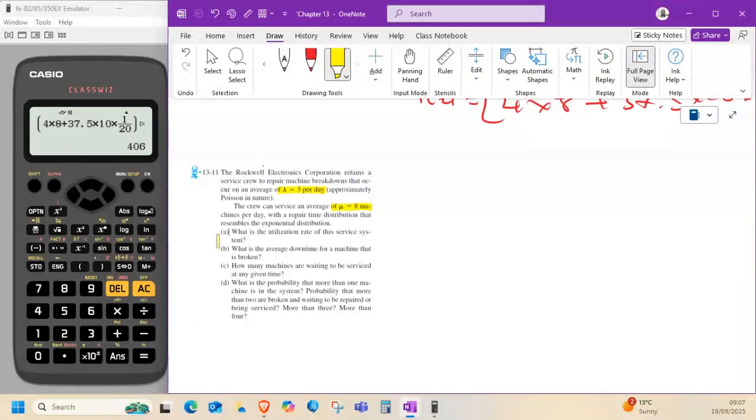So you don't need that. Another thing that is very critical: when the SI unit is the same, it is possible to continue. You don't need to now say divide by 24 hours and divide by 8 and so on. No, you can work with this type of statement. What is the utilization rate of the system? Okay,